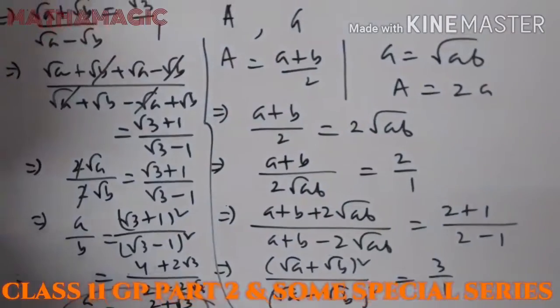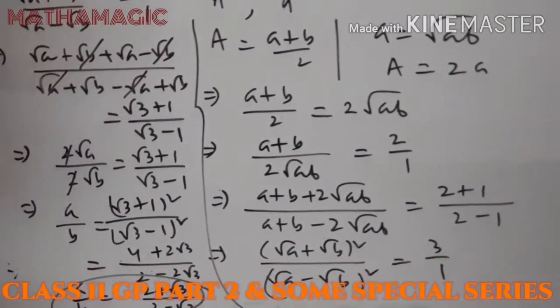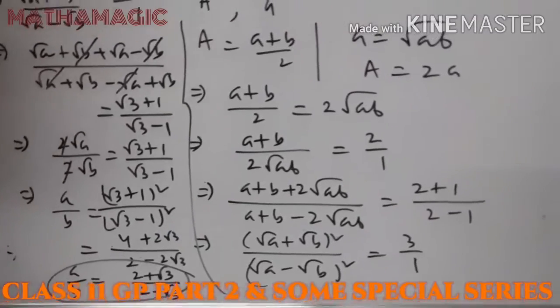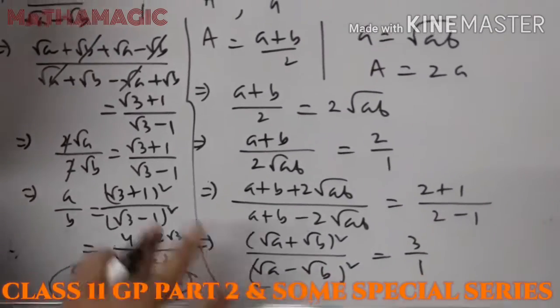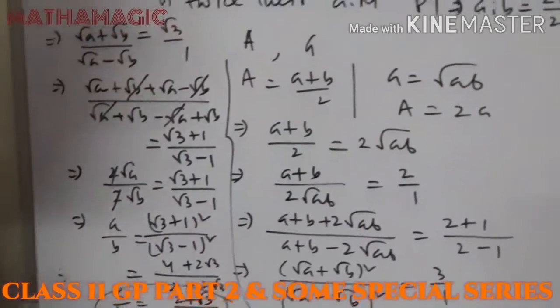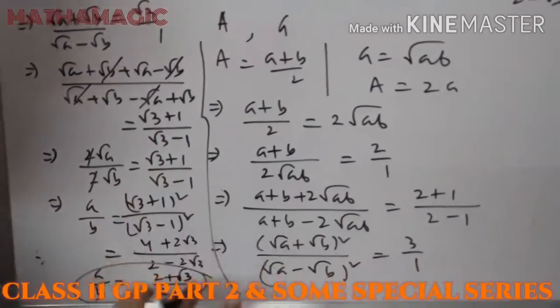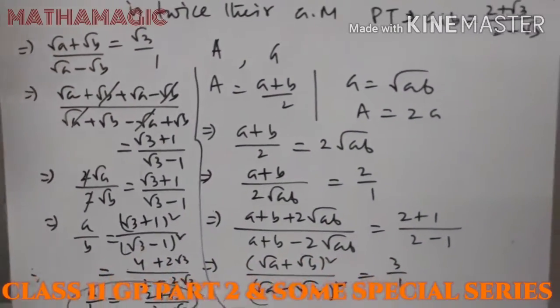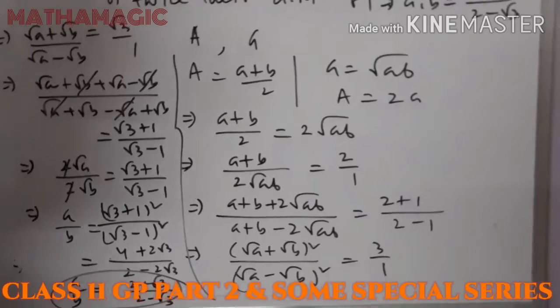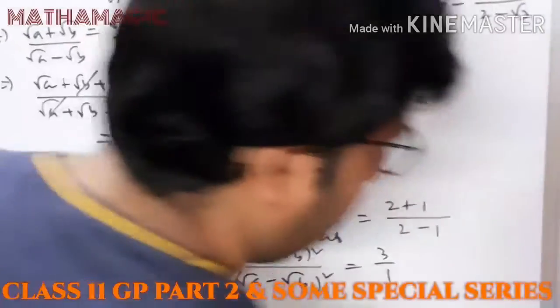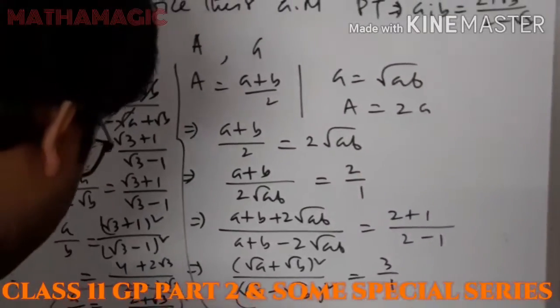So this is how we can solve this kind of problem. These are very easy, but you have to get a clear idea about the concept, what is AM and what is GM. If you have a clear idea, then you can easily manipulate things according to the problem, so that you can prove whatever is given in the question. So please note down the steps, so it will be easier for you to solve these kinds of problems. Now we will move to the next one.